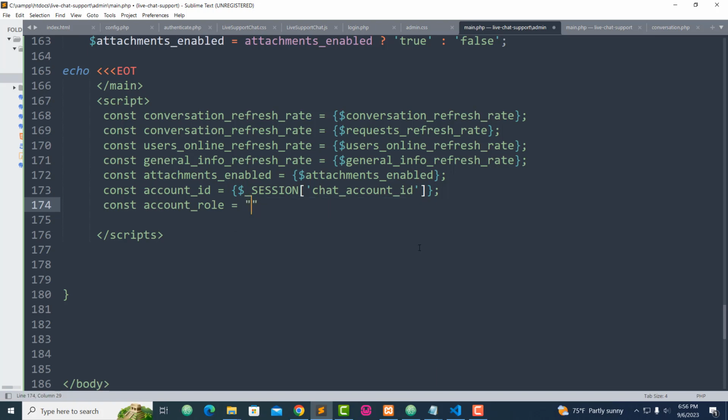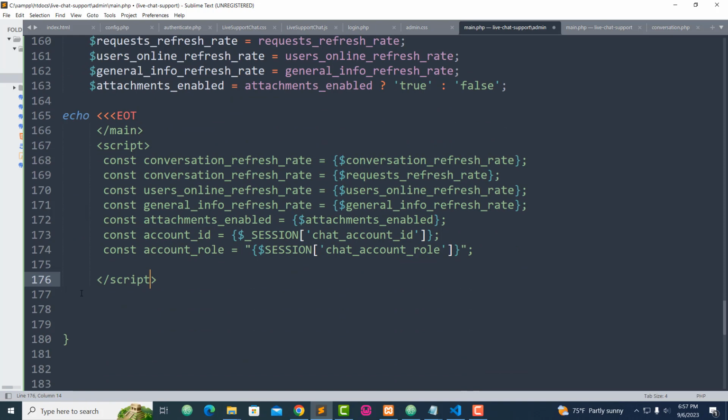Put a double quote here. Okay, use session chat, put a semicolon, and you have, this is the where, oops, remove the s, not script. This is a script, and now